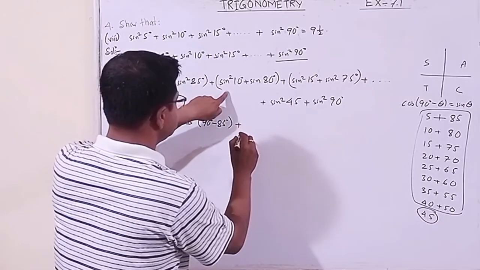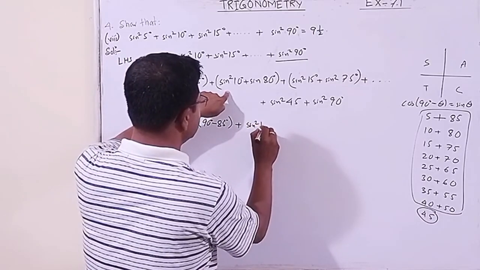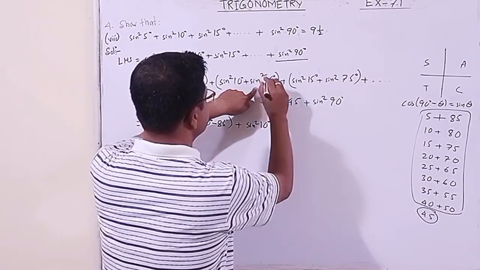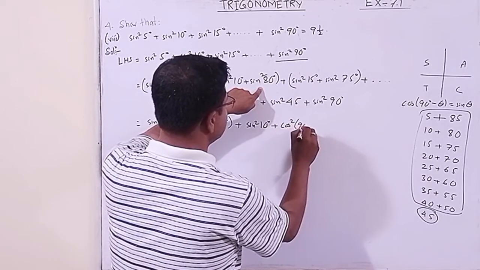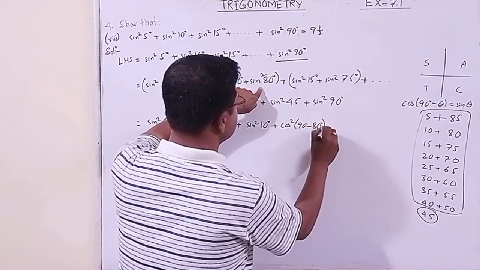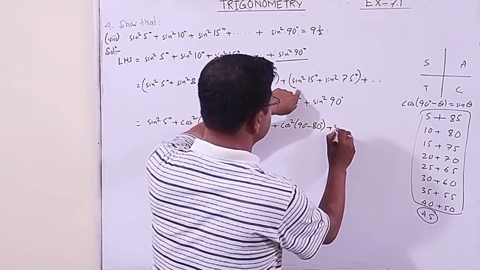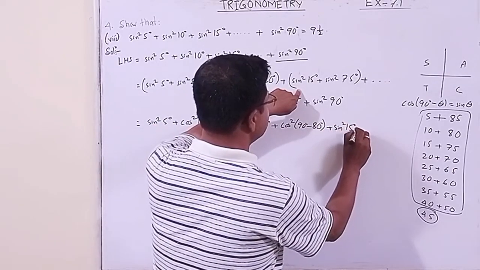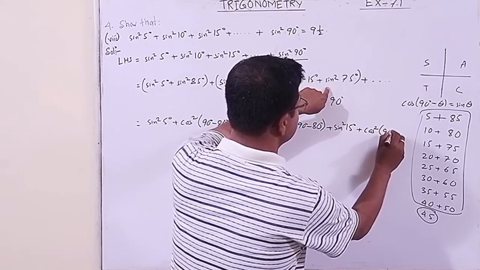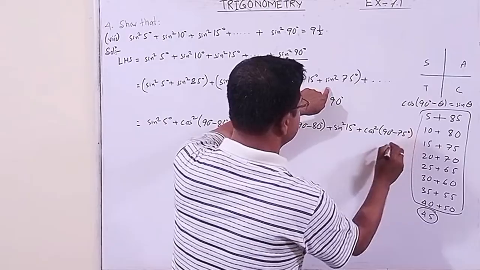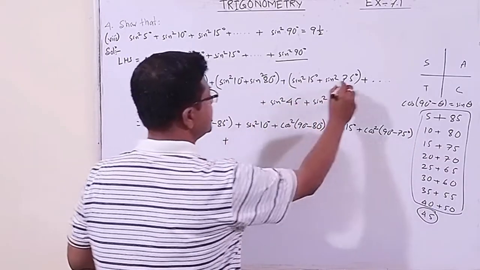Then this one, sine square 10 degree, sorry, square was there, I didn't write it by mistake. It is cos square 90 minus 80 plus sine square 15 degree plus cos square 90 minus 75 degree plus dot dot dot dot